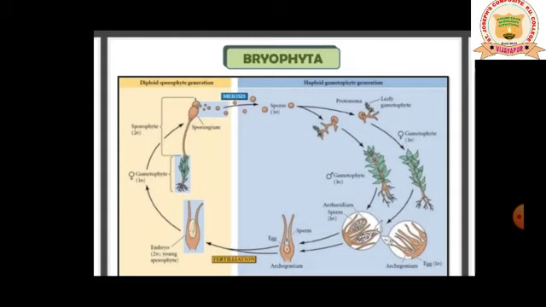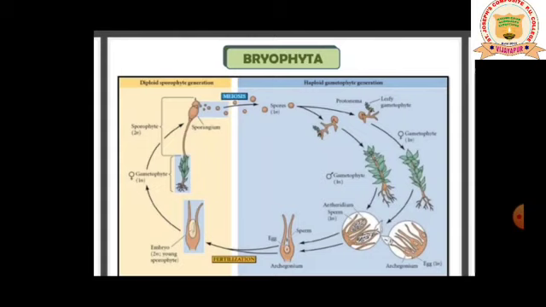Same cells of the sporophyte undergo reductional division, that is called meiosis, to produce haploid spores. Now, did you come to know why I call bryophytes a haploid plant? In the beginning itself, as I said, the plant body is haploid. As the fusion of male and female gamete takes place, it has to go for division to produce a diploid plant. It will not do so, it will produce sporophyte.